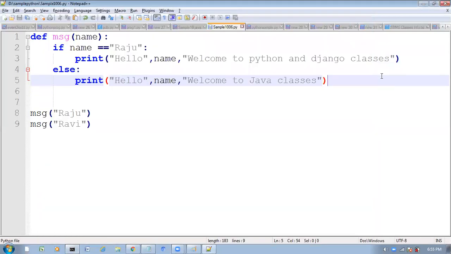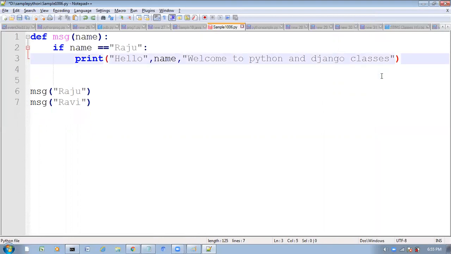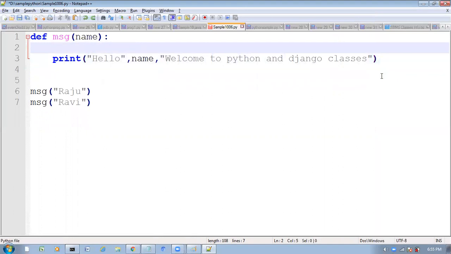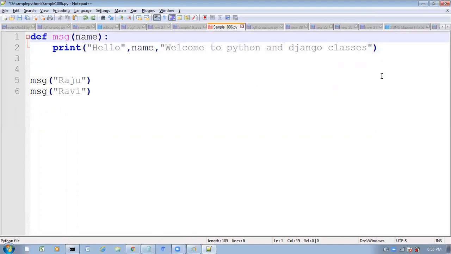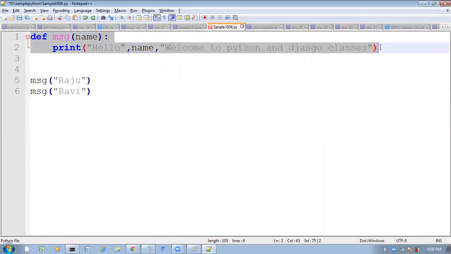We are getting that. But now my requirement is, whatever function I wrote initially, this is what I wrote initially, right? Without touching or changing this function, if the name is other than Raju, I want to print a different message.